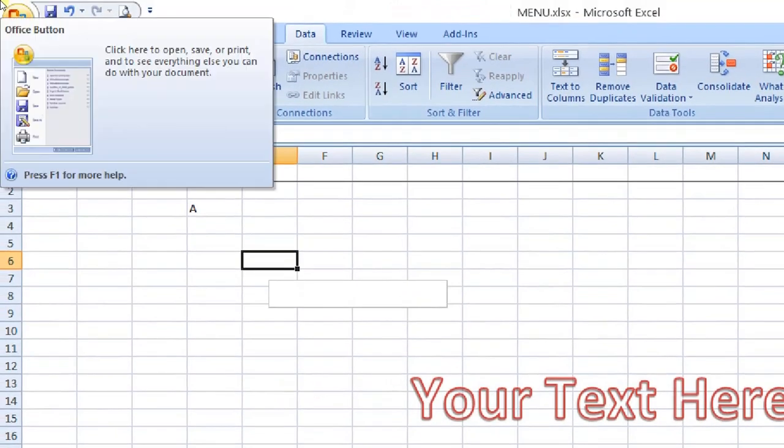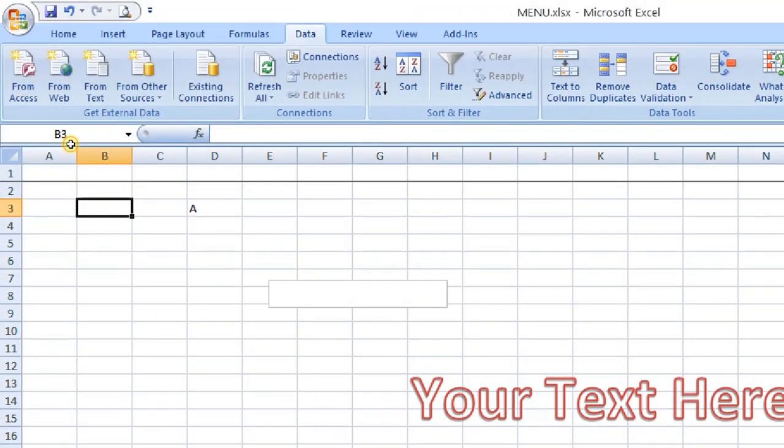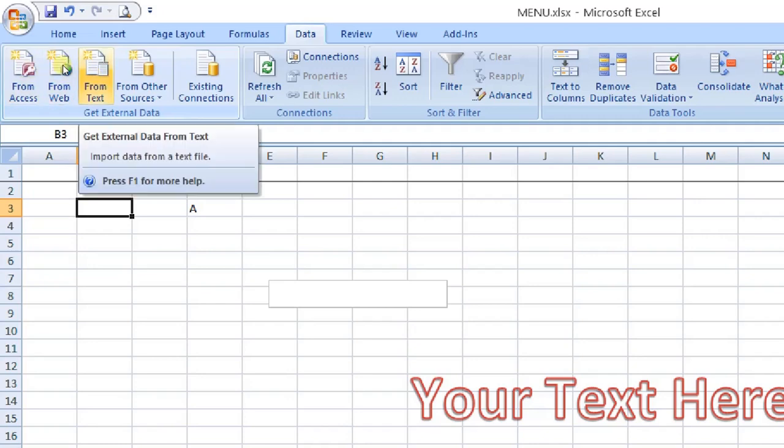What is inside the data tab? Suppose you are preparing a database and you don't want to repeat or rewrite some data, and you have already prepared data somewhere in your PC, so you can get that external data and add it to the current sheet. This is get external data from external sources, either from web, from Access, or from text.